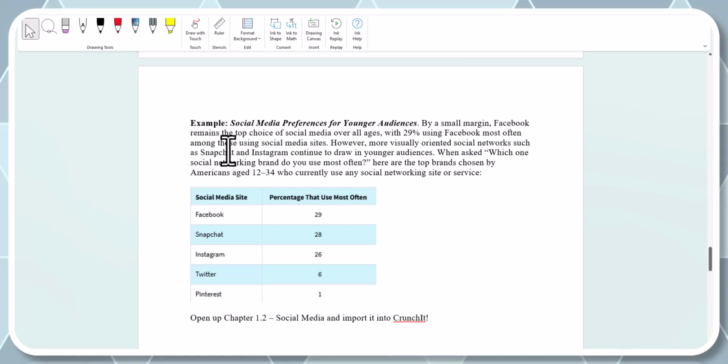Social media preferences for younger audience. By a small margin, Facebook remains the top choice of social media over all ages, with 29% using Facebook most often among those using social media sites. However, more visually oriented social networks such as Snapchat and Instagram continue to draw in younger audiences. When asked which social networking brand do you use most often? Here are the top brands chosen by Americans aged 12 to 34 who currently use any social networking site or